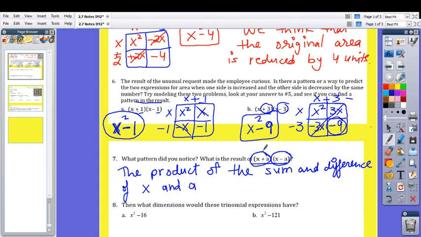So, we are saying the sum of x plus a and the difference of x and a, which is x take away a, the product of that, which is x plus a times x minus a, is